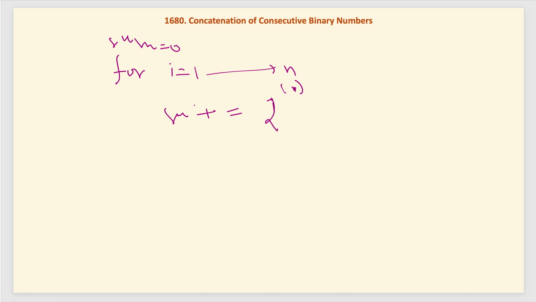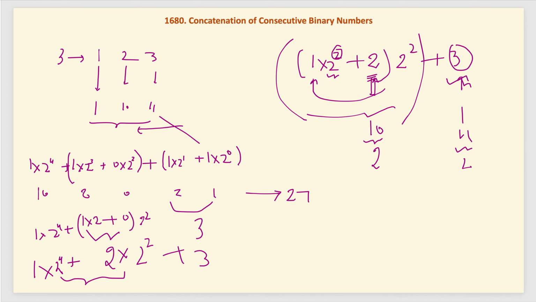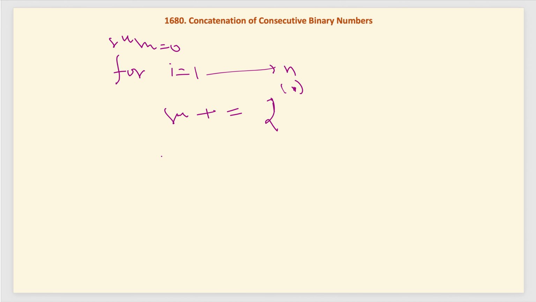So if we convert this, it will be like over here. First we add the 1 initially, the 0 into 2 power 0. So when I equals 1, sum will become 0 initially, so this is 0 plus 1, then in the end we also add the I over here.